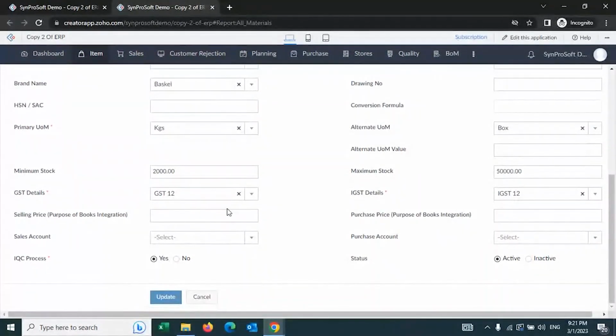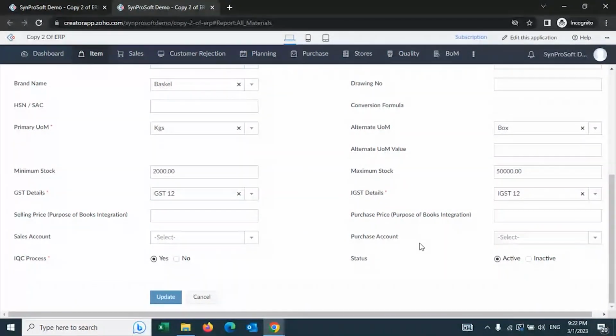Then you have the minimum stock and maximum stock that you can define in the system. Maximum stock is very vital because I will not want to increase my inventory cost unnecessarily. Therefore, I will want to keep track of how much I am going to stock. Unless I have a huge order to process, I will not want to exceed my maximum stock. That is very important. So even when you raise a purchase order, the system will control based on the stock that is available plus the stock that you are going to order, and check if it is going to exceed the maximum stock and stop you from buying that. You still want to buy? There is a way out where an exception approval can be created and then approval obtained.